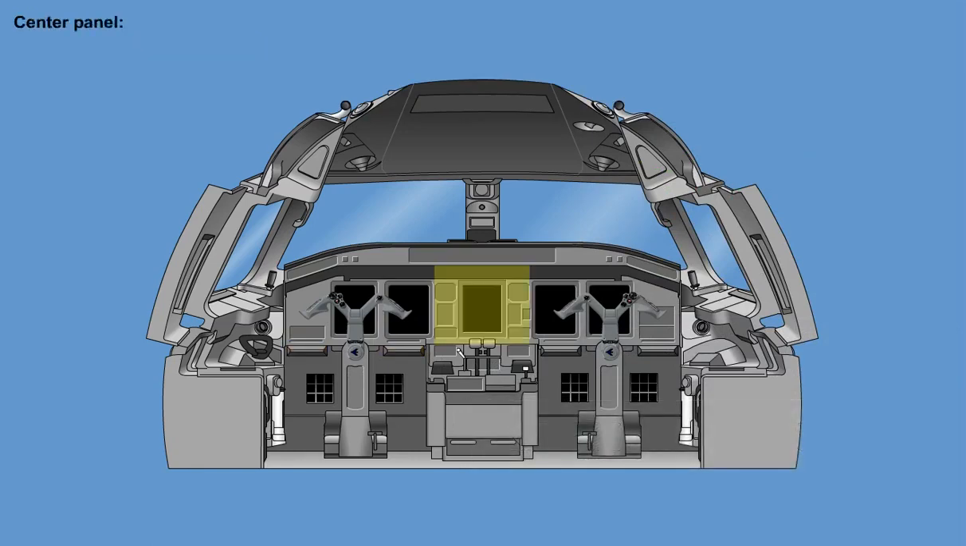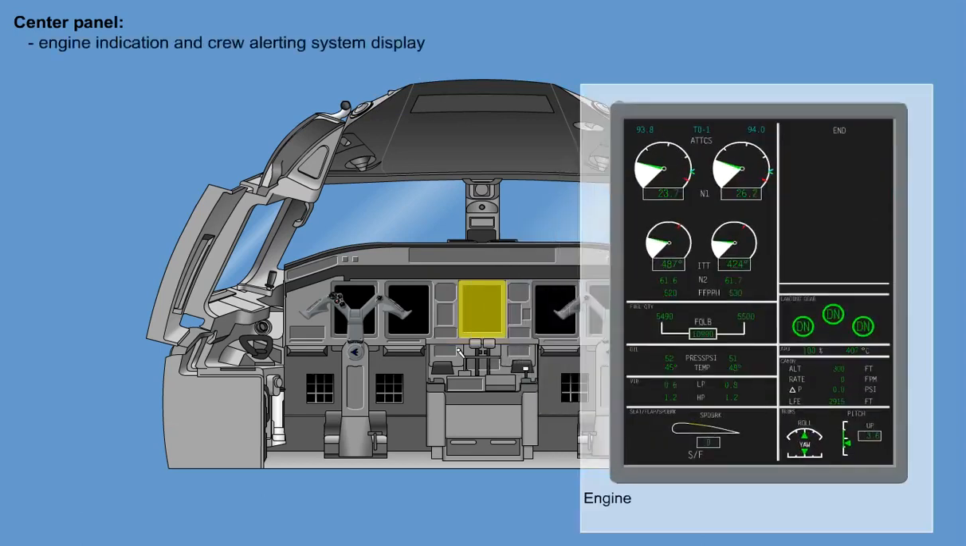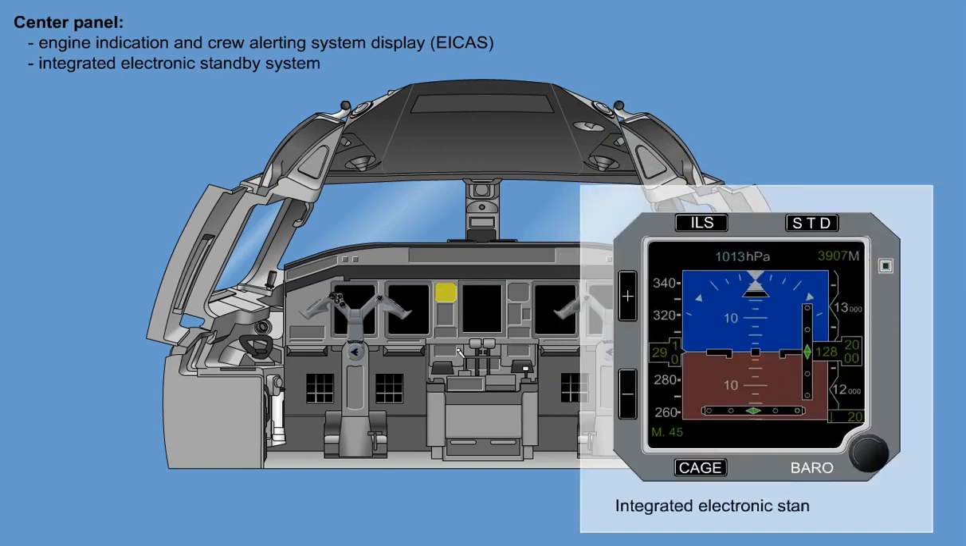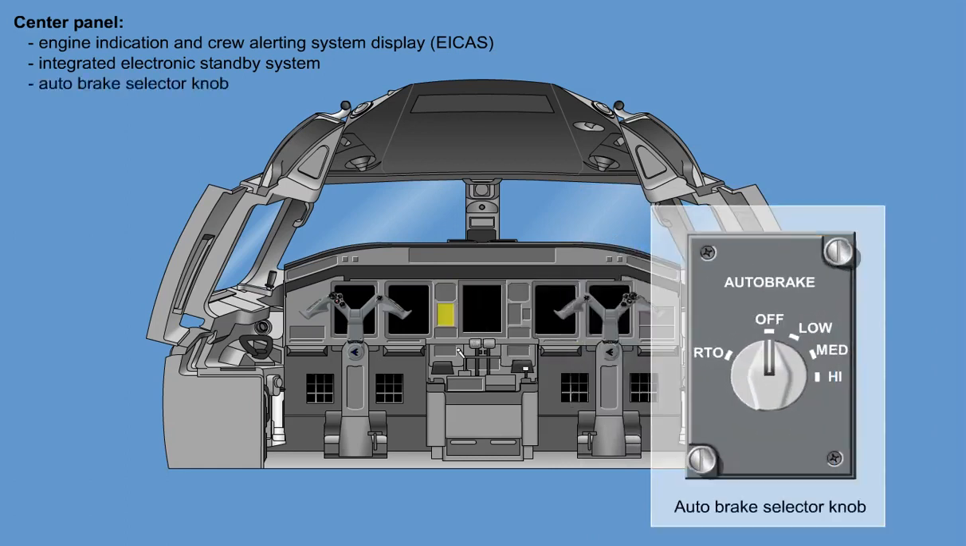On the center panel, the following components are found. The engine indication and crew alerting system display, ICAS, the integrated electronic standby system, the auto brake control panel,